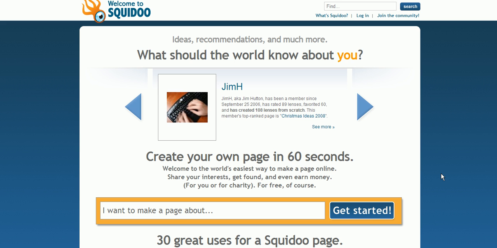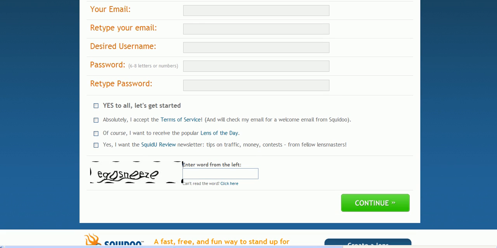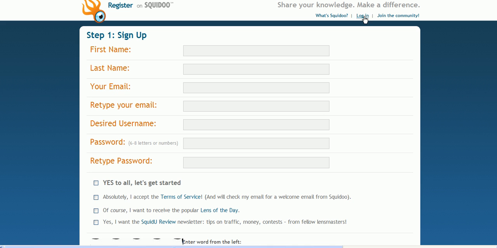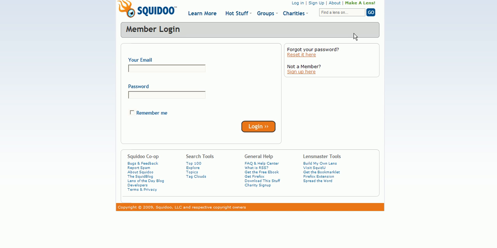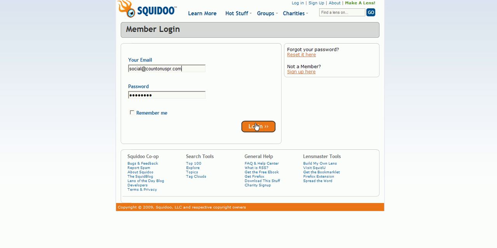And you're looking for something called Join the Community at the very top there. Once you click on Join the Community, you'll just go ahead and insert your information, and then you'll just go ahead and click on Continue. Once you continue on, it will help you set up your Squidoo lens, as it's called, which is your page. I'm going to just go ahead and log into my account, and I'm going to show you how to create your Squidoo page correctly. So I'm going to just log in here,